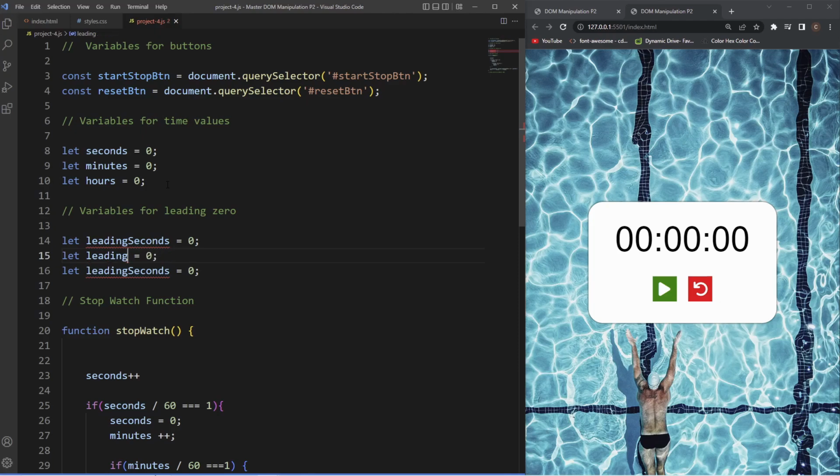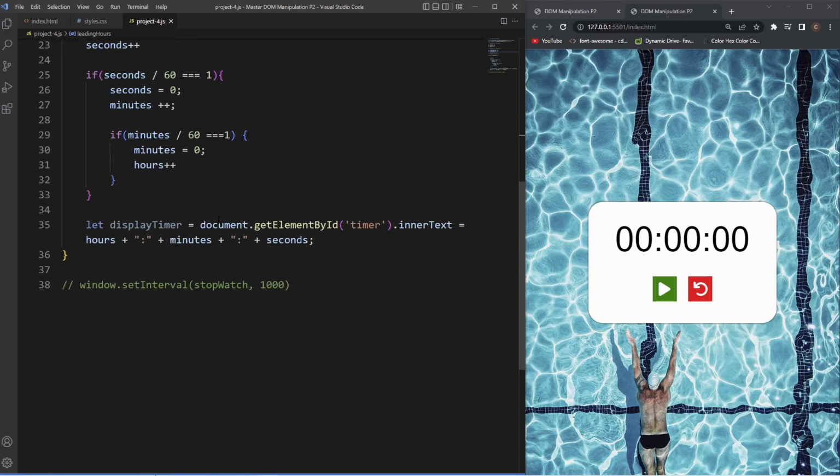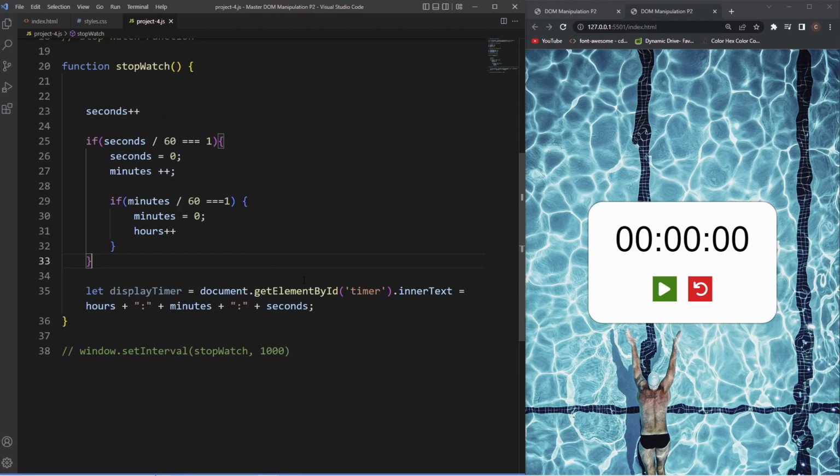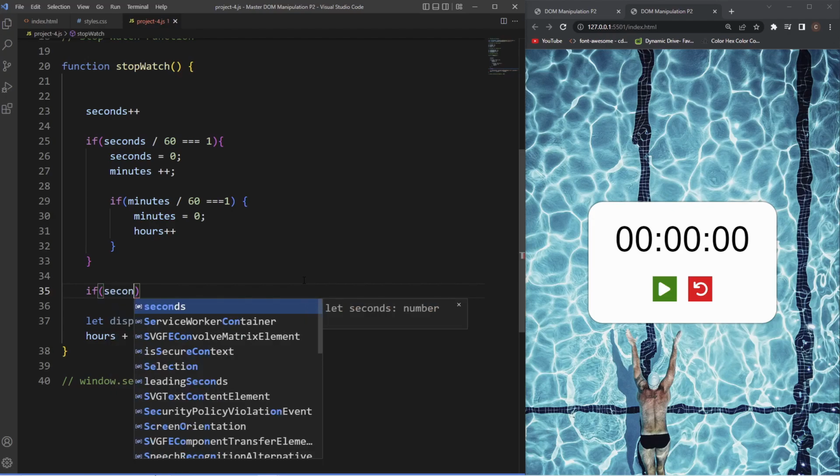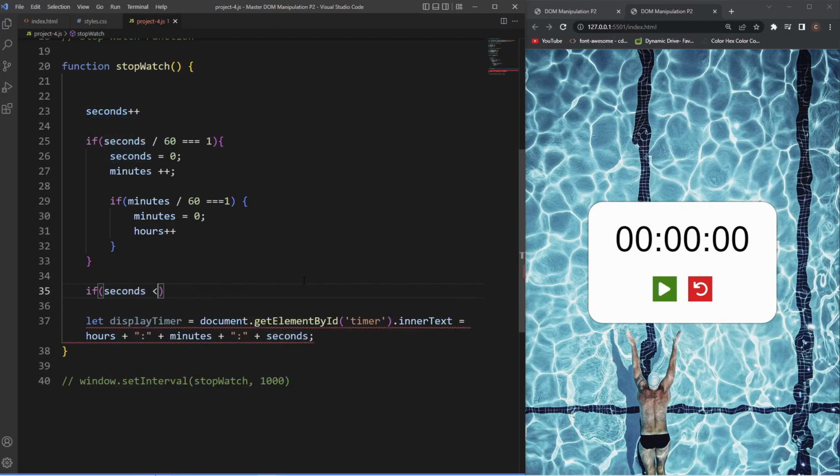Let leading minutes equal 0. And then obviously hours. Now what we need to do is go back inside our stopwatch function here, go underneath this if statement here, and then create some conditionals to include that leading 0 if our seconds, minutes and hours is only 1 digit. So we'll say if seconds is less than 10,